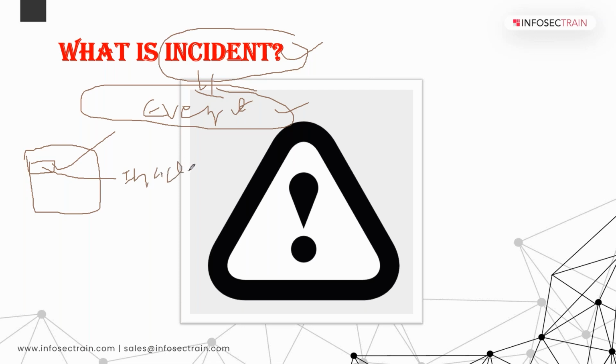So whenever you receive a spam email, we call it an event. Whenever you open that mail and click on that particular link, that is considered an incident. Why? Because an incident means it may expose the system to malware or a phishing attack, right? So you have received one spam email; when you open it and click on the phishing link, we treat it as an incident.